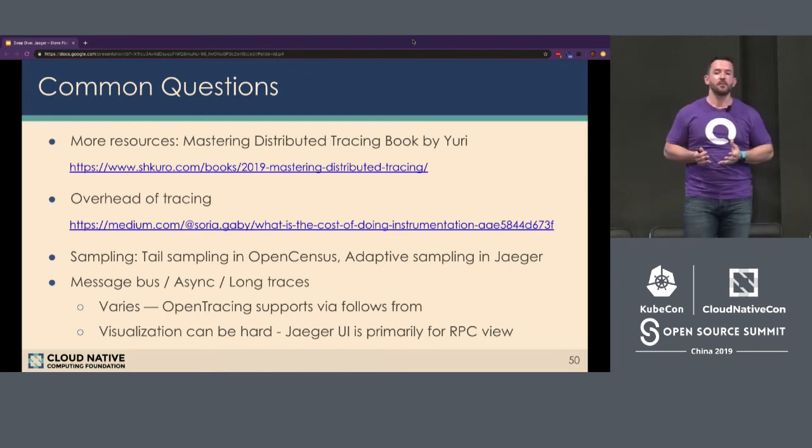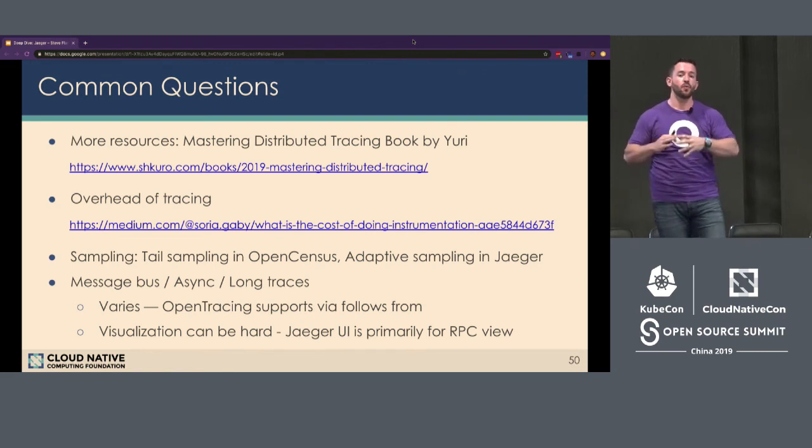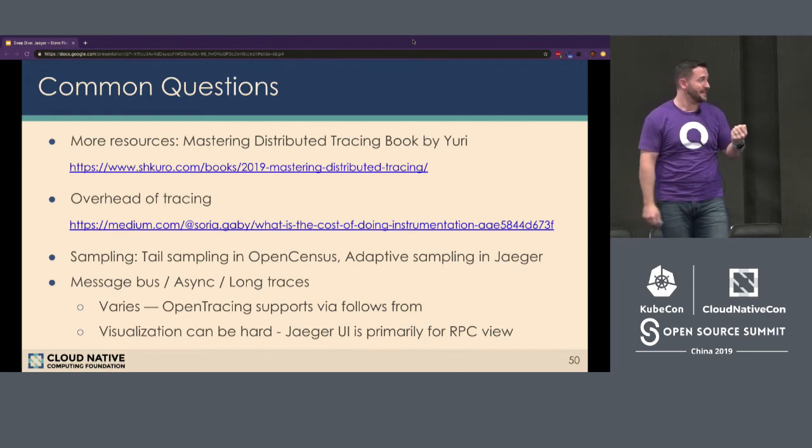The advantage of tail-based is I can make a sampling decision with all the data. So for example, I can say only sample traces that contain errors. I can't do that with head-based sampling, because only the first span would be known. If that one contained an error, I could collect it. But if a downstream span had an error, with head-based sampling, I don't know that. I've already made a sampling decision, so I lose that data.